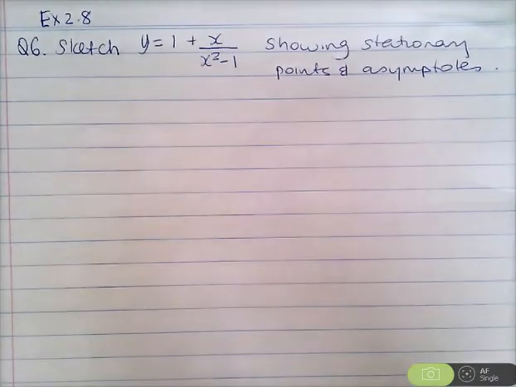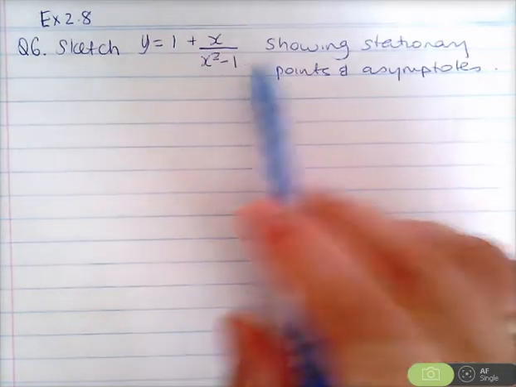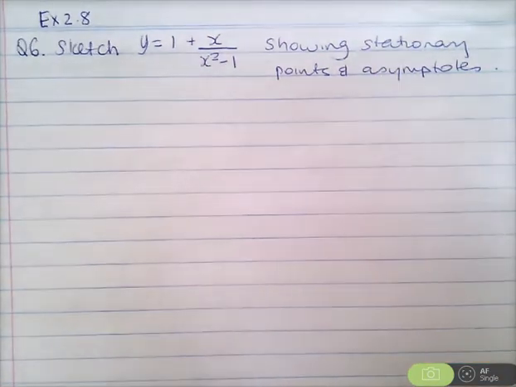Okay, this is still exercise 2.8. We're looking at another example. Question 6 says to sketch y equals 1 plus x over x squared minus 1, showing stationary points and